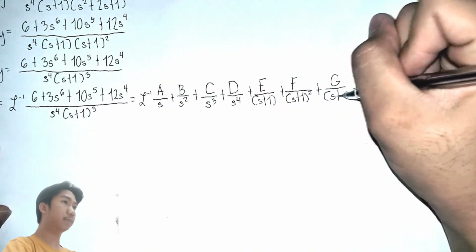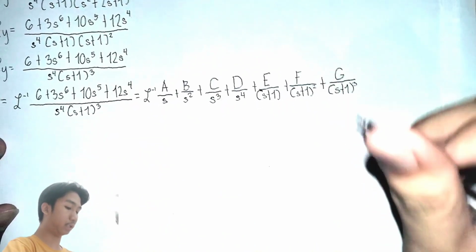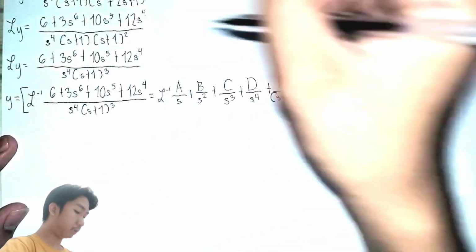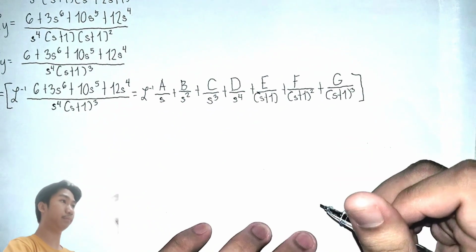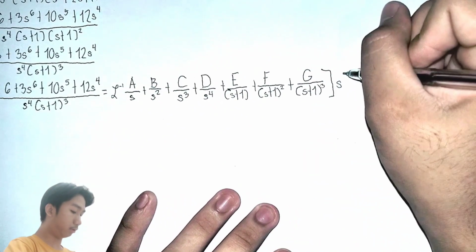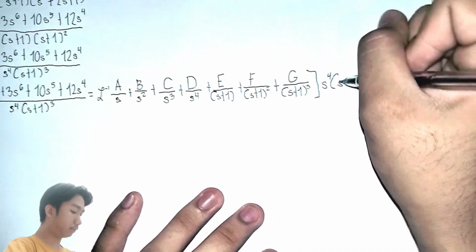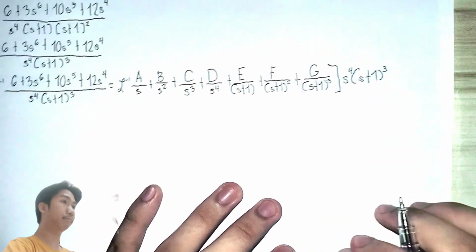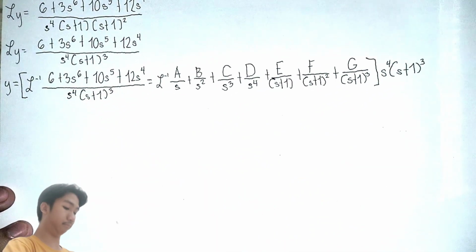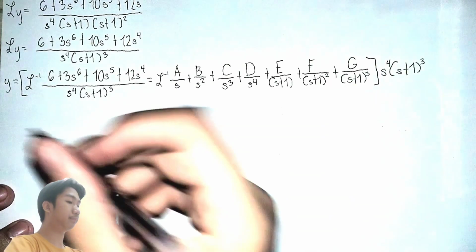Now we multiply the whole equation by the denominator on the left side so that it will be easier for us to handle the equation. So we multiply the whole equation by s raised to 4, the quantity of (s plus 1) cubed. That would be